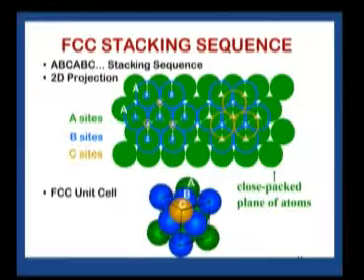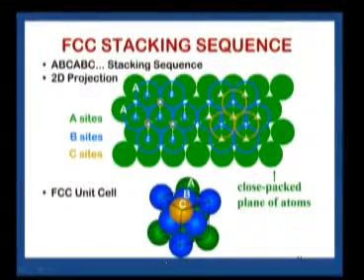If this kind of arrangement is done, then what you will be obtaining is the so called FCC unit cell. You got atoms at the corners, then atoms at the face centers. You got an atom at the center of this face, center of this face, and so on. It is an FCC unit cell. What I would like to tell you is